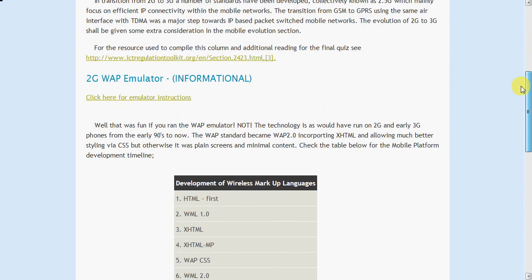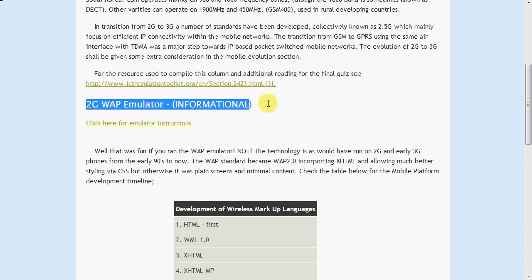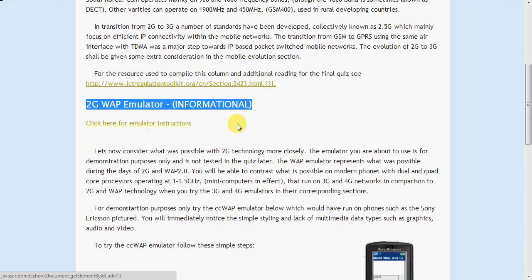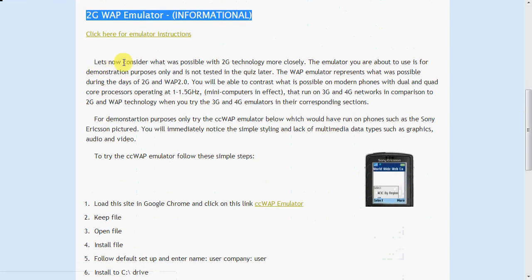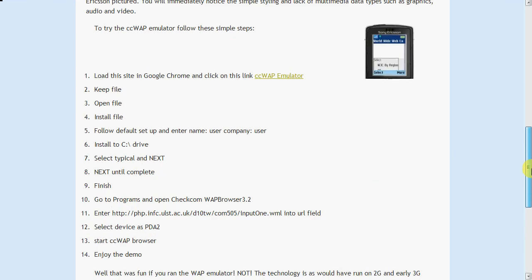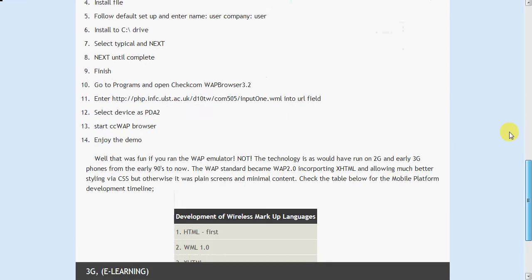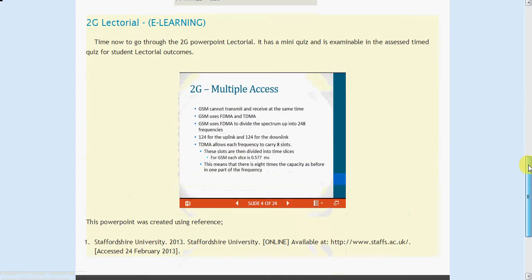2G does have some other areas that may be of interest to you. The 2G WAP emulator here, informational, but if you decide to use it, you can open up a much larger area where you can now consider what was possible with 2G technology more closely. Basically, you can run and play with a basic 2G WAP emulator. Not essential though, you can concentrate on the e-learning. So moving on to 3G,